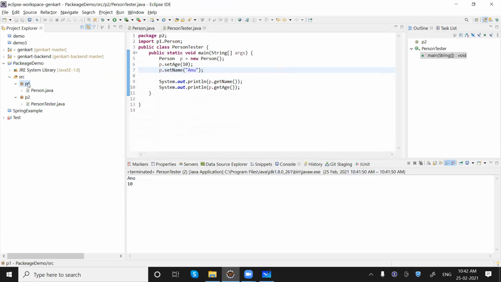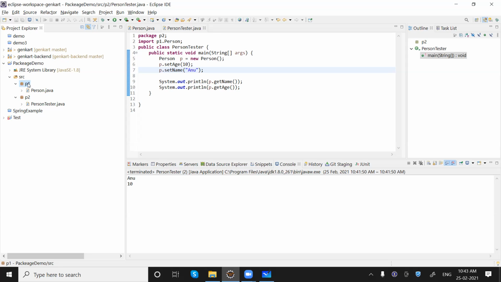So when we say package and any package name, that means that class would be packed or kept into that particular folder. Now if we have all the files together, then it's very easy to work.